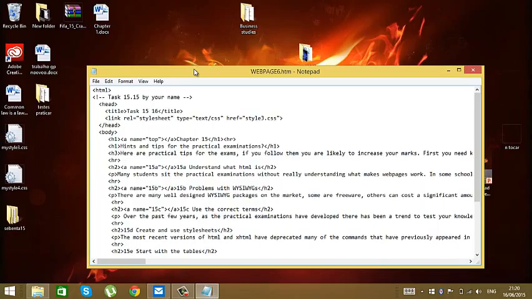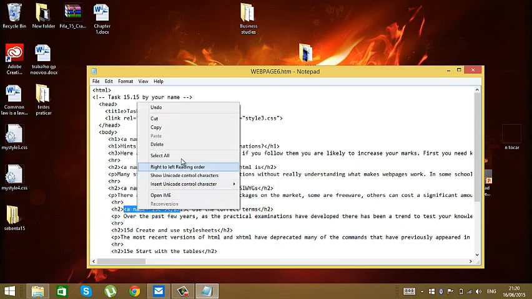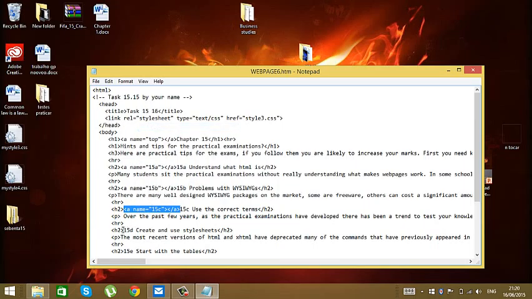Now we must also add anchors to 15D, E and F too. We can just copy and paste it, and just change the name.